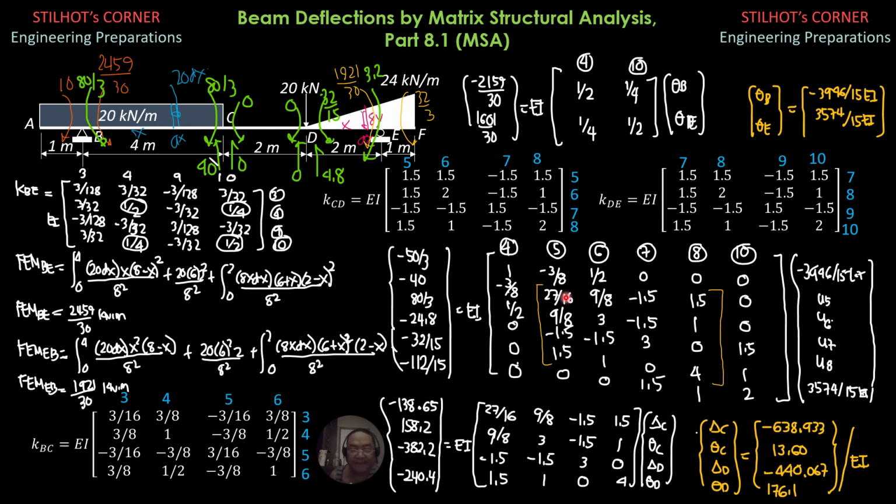And let's copy this system structural matrix for the remaining unknowns, then times U5, U6, U7, U8, which actually is delta C, delta D, and theta D. These unknown displacements can be solved by obtaining the product of the inverse of this matrix and the force matrix here, and you'll get these values delta C, delta D, theta D, which are the same values as before. So that's it for this video.